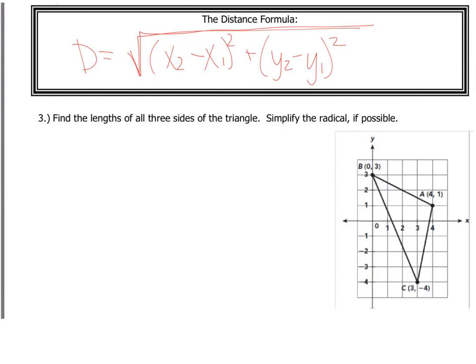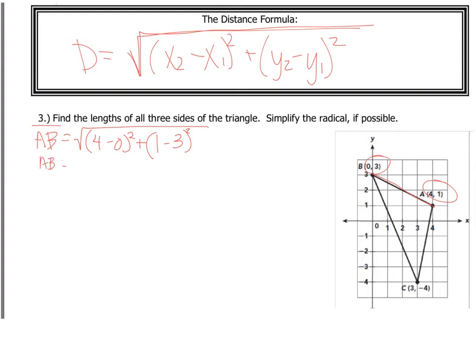So using this next one, instead of drawing right triangles each time, we are going to use the coordinate points we were given. So for side length AB, which is this one, it's going to be the square root of, so x2 is going to be 4, because that's the one farther over. So it's 4 minus 0 squared plus 1 minus 3 squared. So those are our coordinate points. So if we look at that,